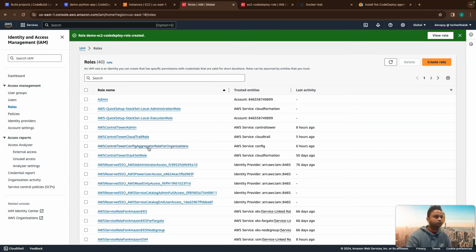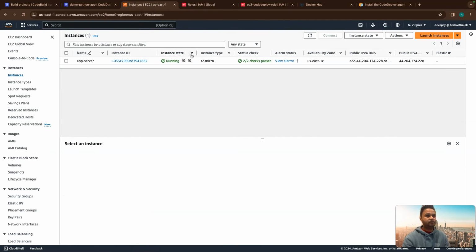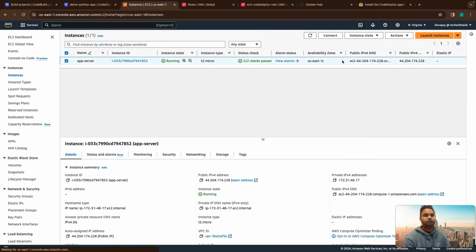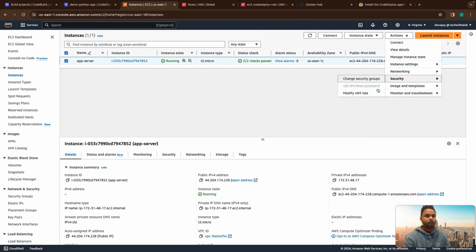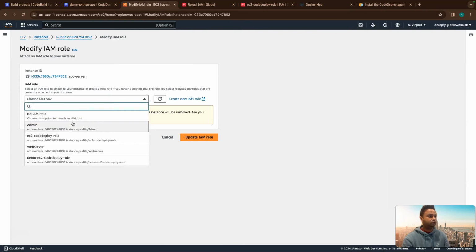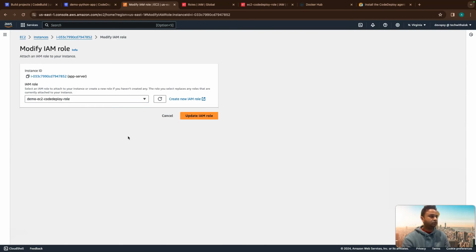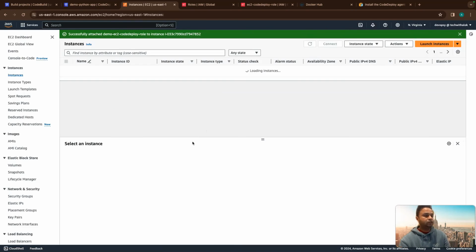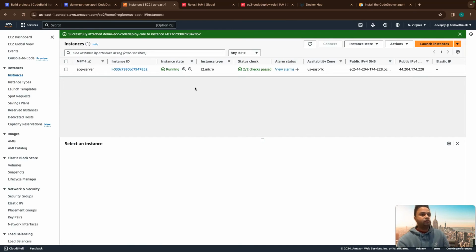Okay, so you should have a role, and then let's quickly assign it to the machine. Security, modify IAM role, and we should be able to see this demo EC2. So now this machine should be able to talk to CodeDeploy. So we need